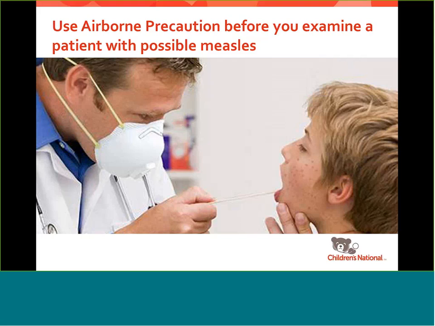We want to use airborne precautions before we examine a patient with possible measles. I'm going to tell you what we want to do here just for our office practice immediately, but generally we want to try to take a patient that we think might have measles, so a febrile rash illness, escort them to a separate waiting area or place them in a private room, preferably place them in a negative pressure room as soon as possible. If that child does not need to be admitted to the hospital, again, they should be told to remain in isolation at home through the 4th day after the rash onset.